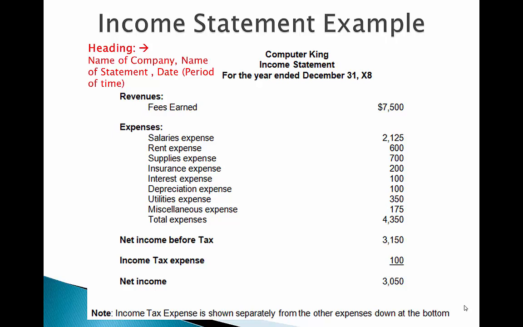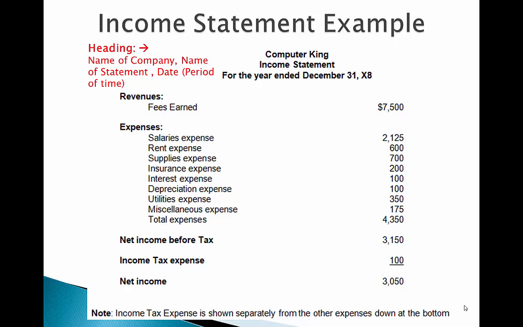Okay, the revenues account in this example is fees earned, and it's $7,500. The expense accounts in this example are salary expense, rent expense, supplies expense, insurance expense, interest expense, depreciation expense, utilities expense, and miscellaneous expense, and then total expenses. And note how they all end in the word expense, and they will, so you can always count on that